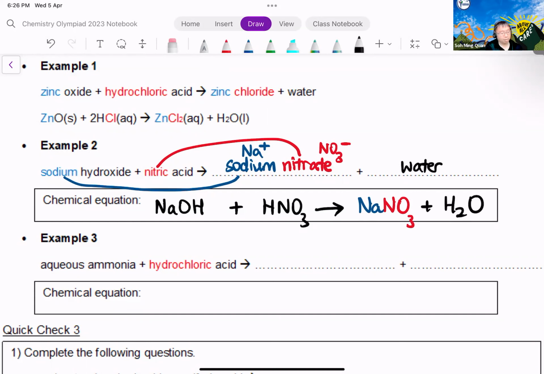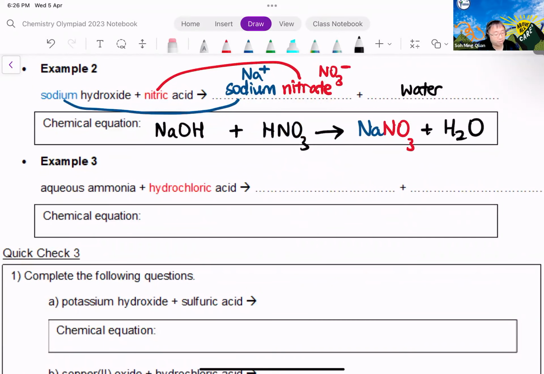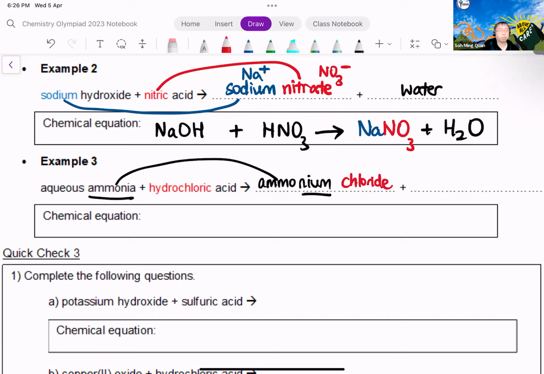Now, the next one is aqueous ammonia. So many of my students always forget this. Aqueous ammonia forms ammonium chloride. Ammonia becomes ammonium. Now, it forms ammonium chloride. And of course, it forms water. However,